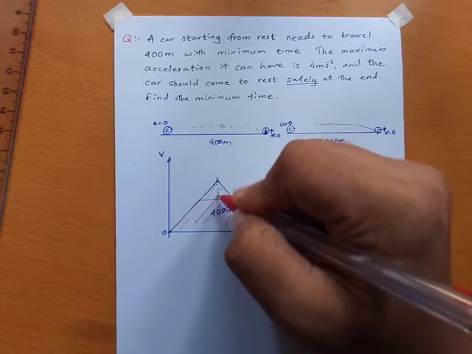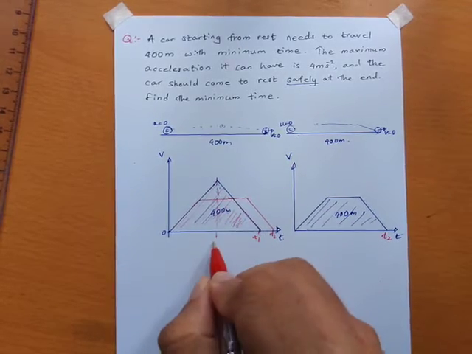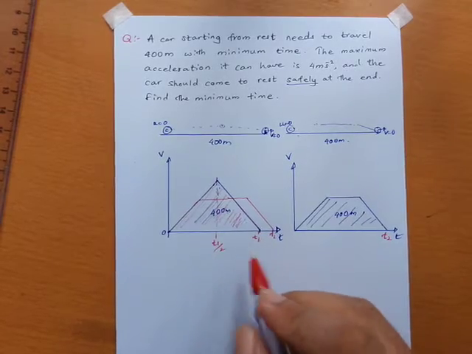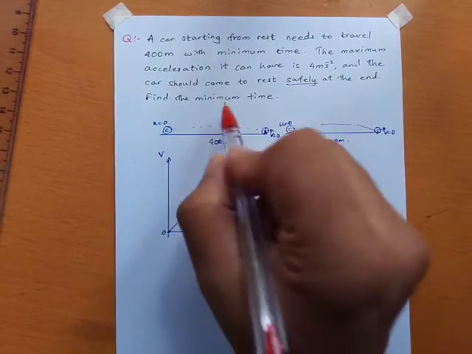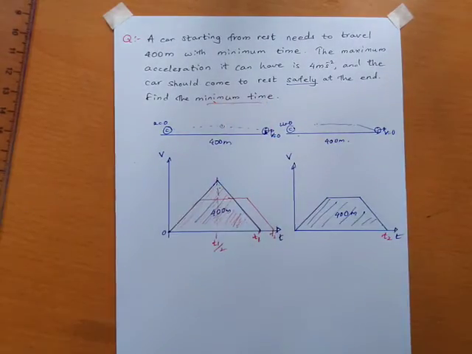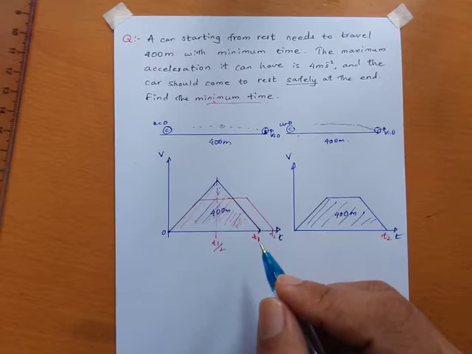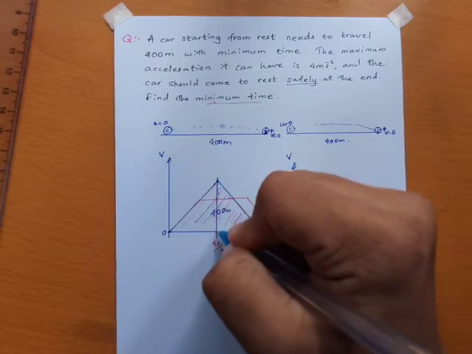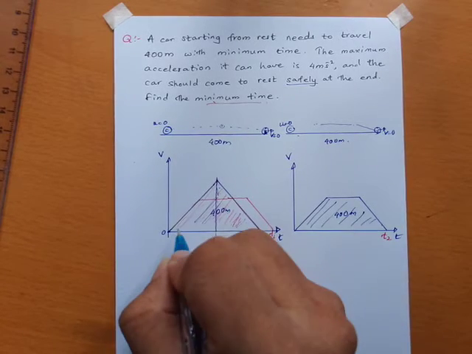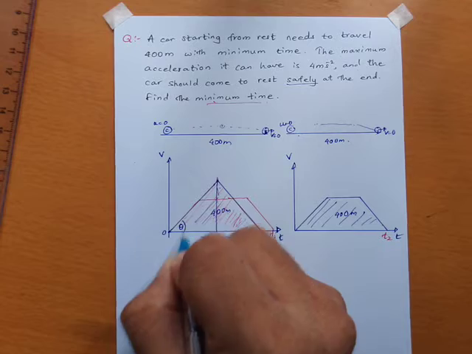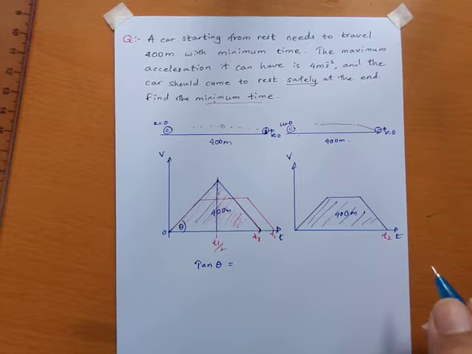As I said, this is symmetric, so the acceleration phase is half the time. It is t1 here, therefore this is t1 divided by 2. Now we want to find this t1, which is the minimum time that we wanted to find. So we will calculate that by considering this triangle, either this one or this one. I'm going to consider the gradient. Let's say theta is this. If I consider the gradient, tan theta equals